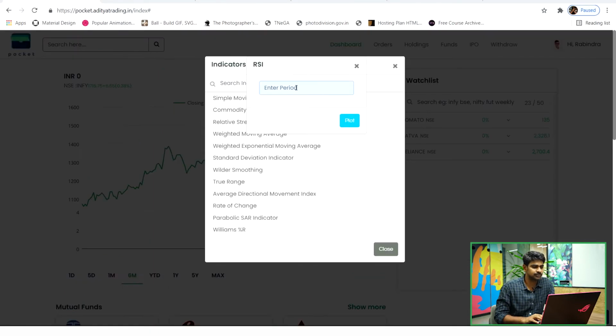This has to be set as per our requirement. Traders use different periods as per their requirements, typically ranging from as low as 2 periods to as high as 25 periods. 2 periods can be used when the trader is working with weekly charts, and in the same way 25 periods can be used when the trader is working with shorter time frames on the charts. You have to find out the RSI period that actually works for you. In order to find that out, you have to backtest it.